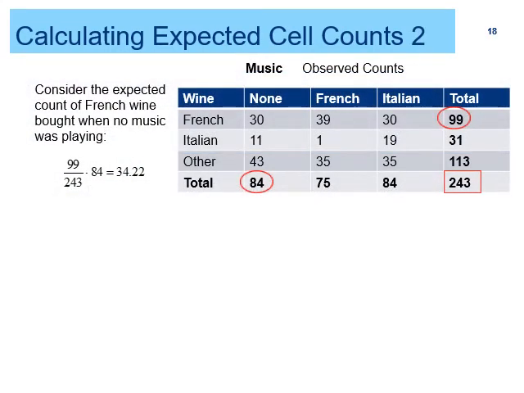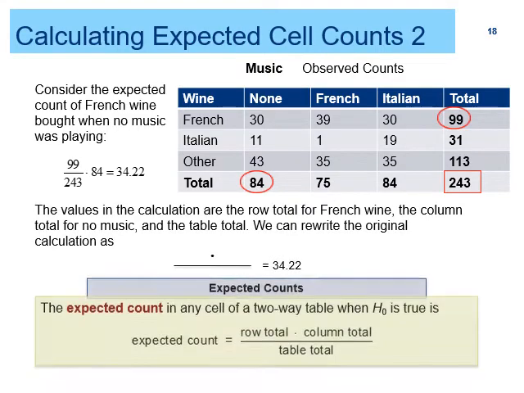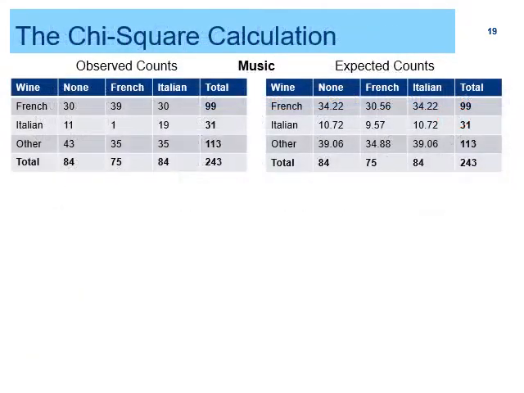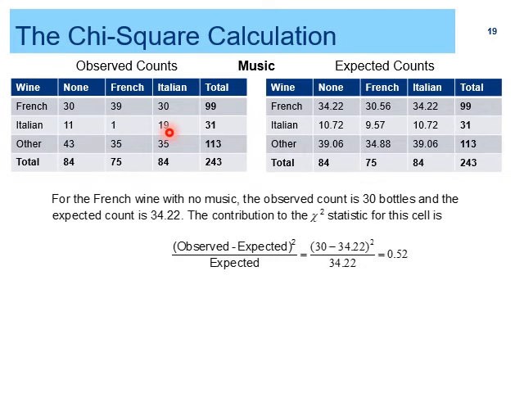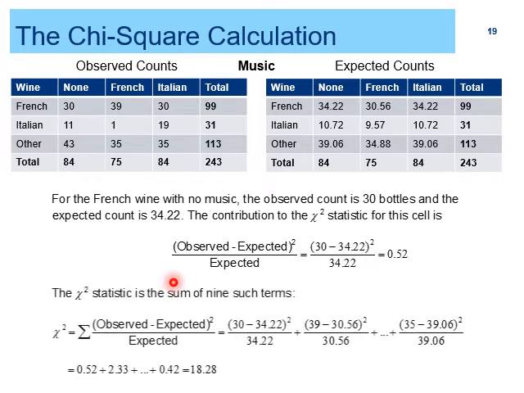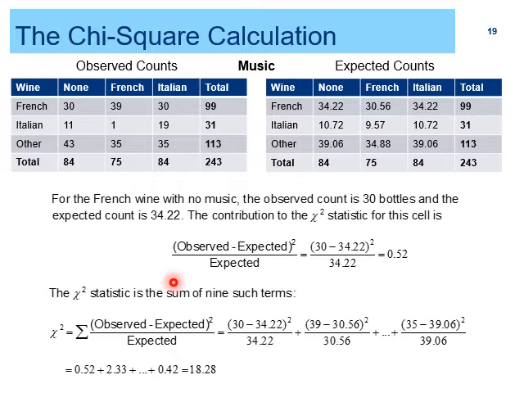After calculating the values, here we got our values. We can see the observed values, and these are the calculated values. Now we will calculate chi-square. For this, we take observed minus expected, squared, divided by expected, and we sum all these values. We got the result that chi-square is 18.28. Now the degree of freedom will be 3 minus 1 times 3 minus 1, so it would be 4.